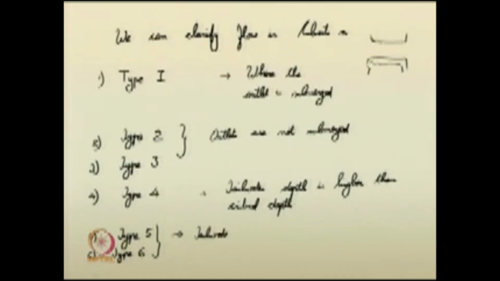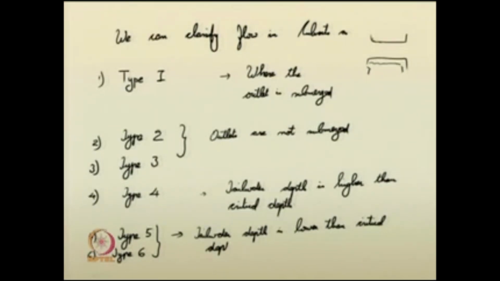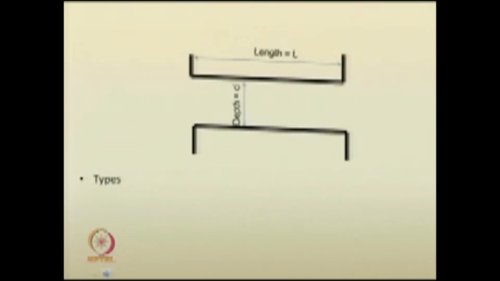So, the tailwater depth is lower than critical depth. These conditions I can now suggest again. So, the type 1, this here